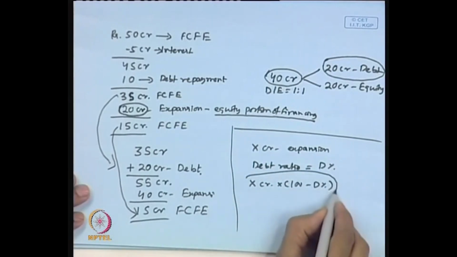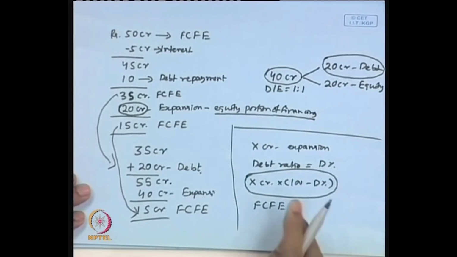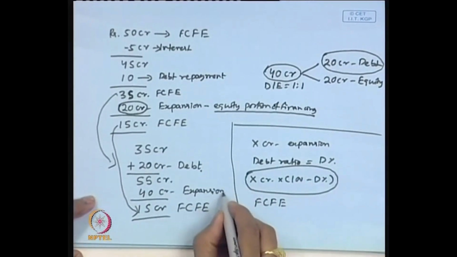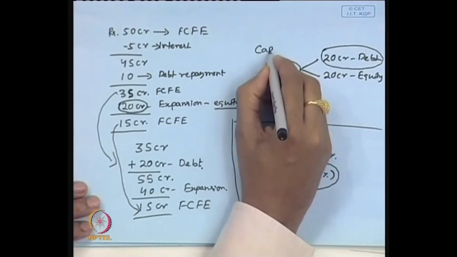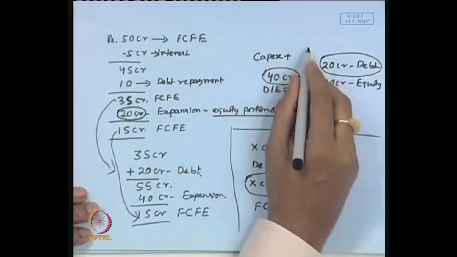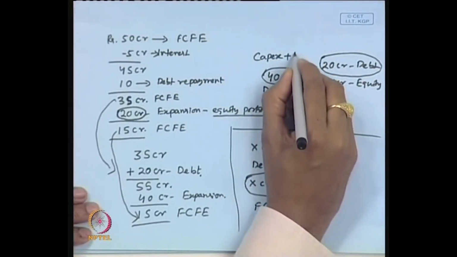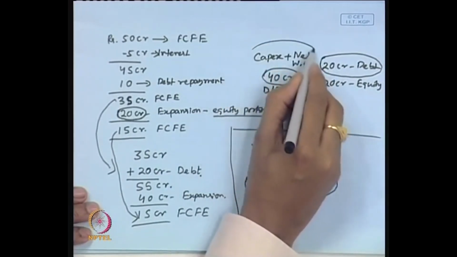So, this will be taken out to find out the free cash flow for equity. Besides expansion requirement, when we talk about expansion requirement, we are talking about expansion for long term assets as well as for the short term assets. So, possibly this 40 crore figure here is taking care of both capital expenditure, capex, as well as any short term assets net of any short term liability, that is called the net working capital. So, this together it is there.